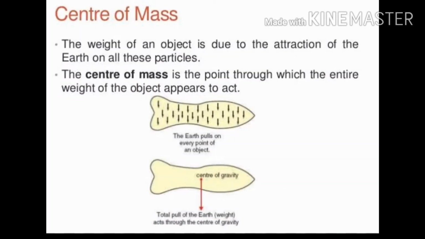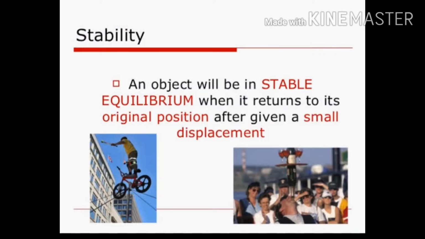And center of mass means the object, due to attraction of the earth on all its particles, has a point through which the entire weight of the object appears to act. Is it clear? So stability means an object will be in stable equilibrium when it returns to its original position